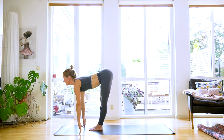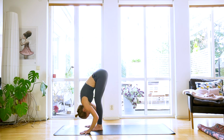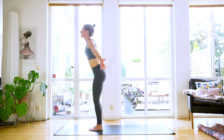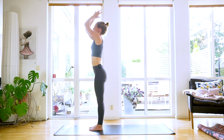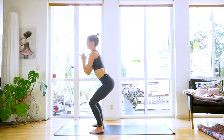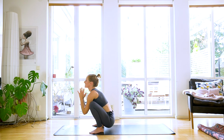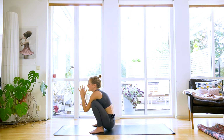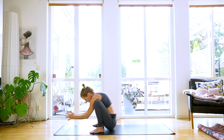Inhale, lift halfway. Exhale, fold forward. Inhale, sweep your arms all the way up. Gaze up and see your palms touch. Exhale, widen between your feet. And just follow your exhale all the way down. Keep going down. Widen between your knees and try to sit down